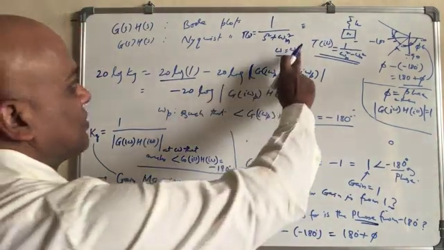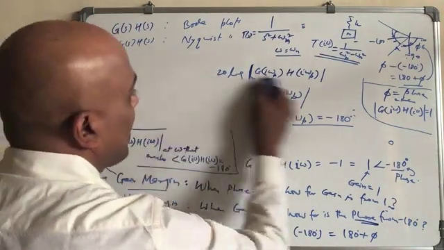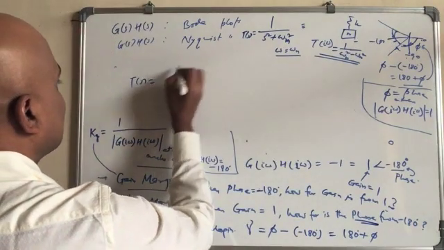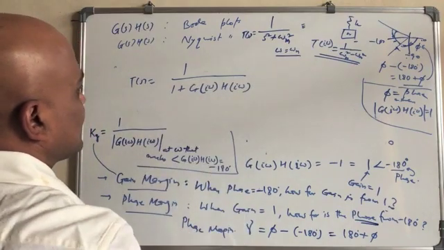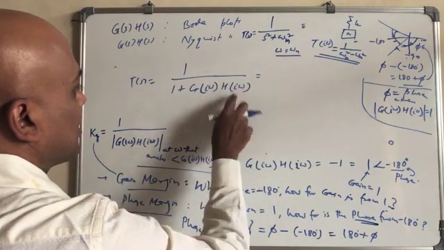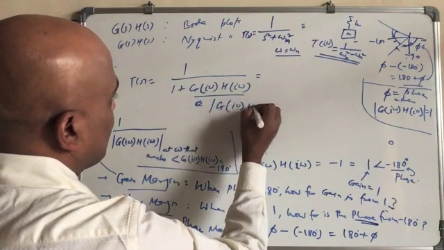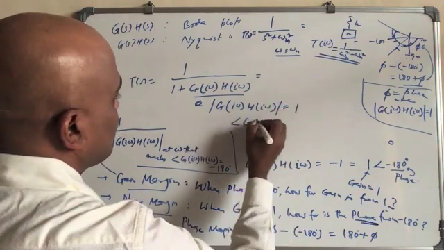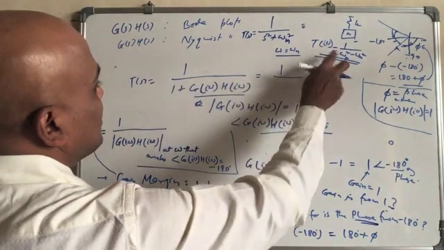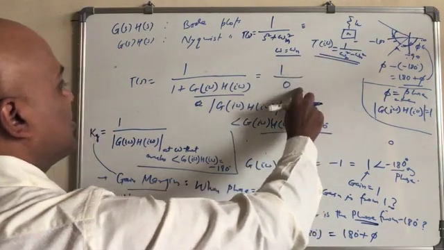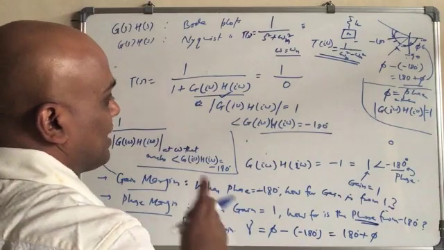Okay, so a similar kind of situation is also there. Instead of having Ts equal to 1 over s square plus omega n square, your closed loop system will have Ts equal to 1 over 1 plus g I omega times h I omega, or gs times hs. If we have omega h I omega with gain 1 and the phase of h I omega equal to minus 180 degrees, it is going to be the same kind of situation. You will have the zero value here, the same kind of thing. So the physical interpretation is when you have this exactly equal to minus 1, then